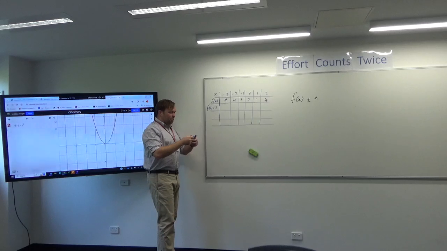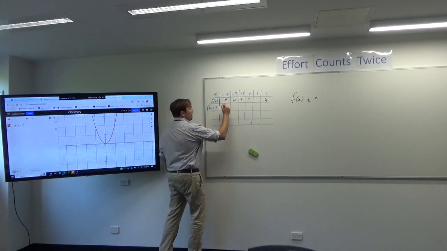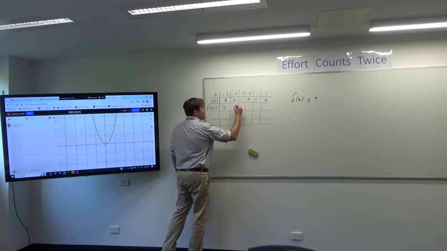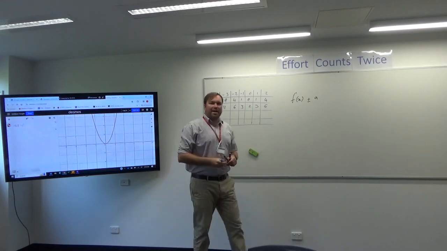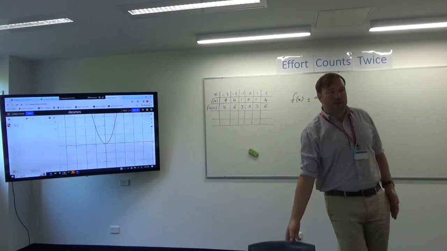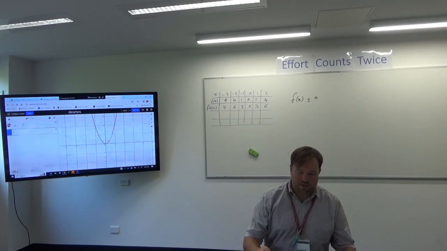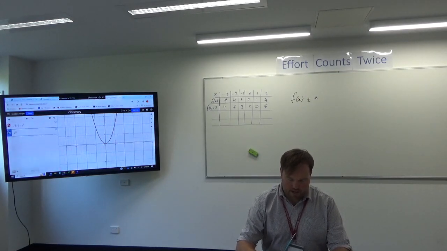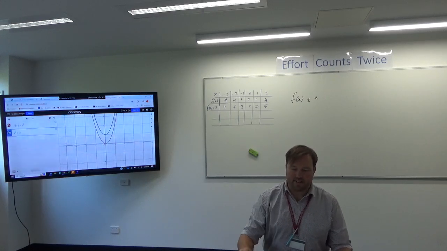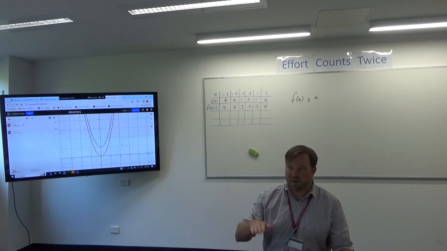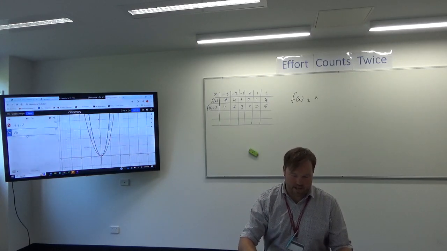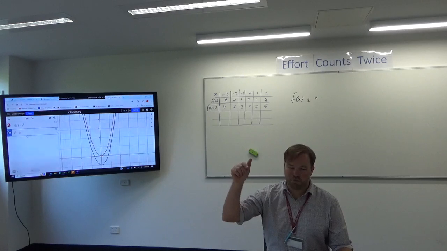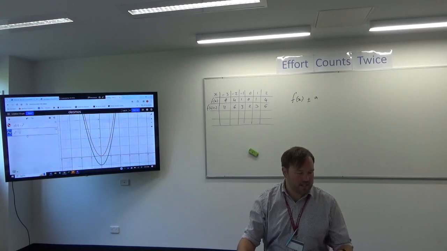If I add 2 to it, are you happy that that just becomes 11, 6, 3, 2, 3, 6? And so the points are all exactly the same, but the whole thing moves up 2. So if I have x squared and then add 2 to it, I get the same graph, but we just say it's been translated up 2. And you guys would be pretty happy if I said -2 drops it down 2. Yeah? So this is our first sort of